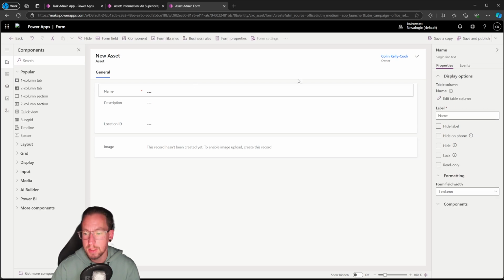And then we can actually set these things to lock and read only. So you can make that a field that you can't actually edit if it's something I just want to show. Now, if we save and publish this form